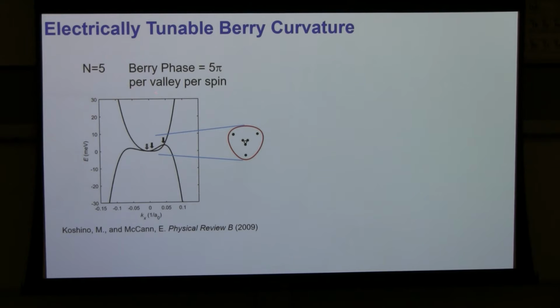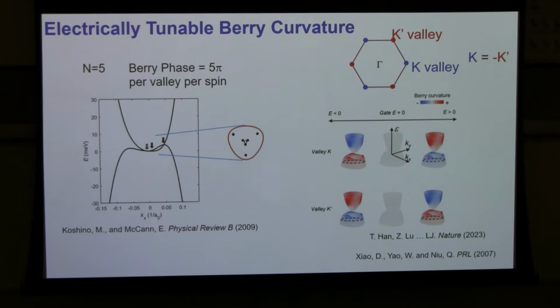For 5-layer graphene, there's a Berry phase equal to 5 pi per valley per spin. It's just 5 times bigger than what you get from monolayer graphene. At 0 gated electric field, meaning the pristine form of graphene, you have this band crossing point, kind of like a singularity of Berry curvature. Well, when you open up the band gap, you can actually redistribute the Berry curvature to states near the band